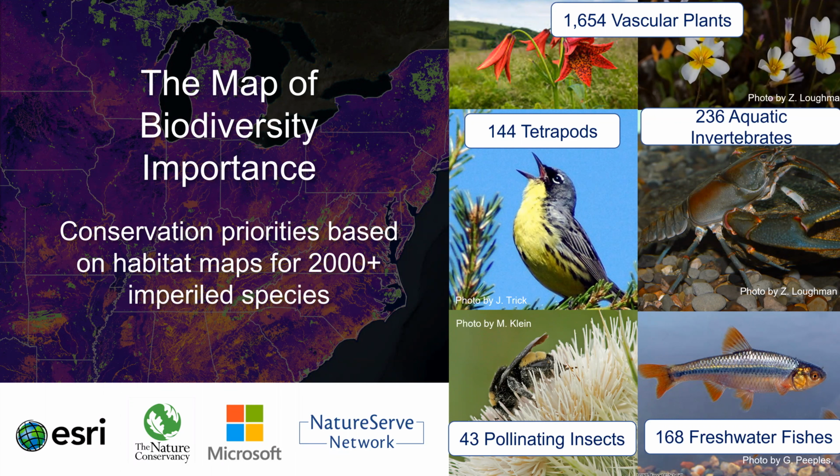You may have heard already of the Map of Biodiversity Importance, or MoBi project, prior to today. Our early results were featured in plenary in the July 2019 user conference. And in February, we released a suite of final map products on Esri's Living Atlas during our plenary keynote at the Fed GIS conference in DC. This talk is going to focus on the analyses of MoBi data that can help prevent these already imperiled species